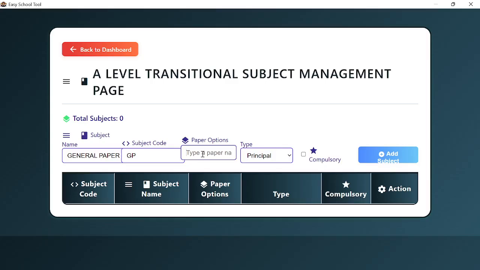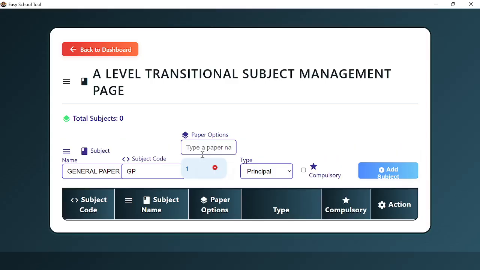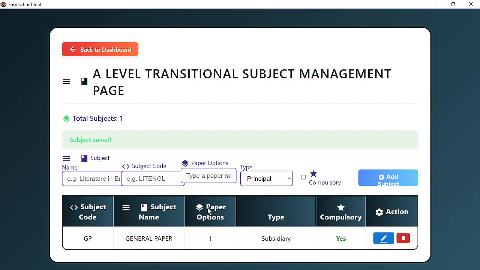Okay, so I can say 1, enter. Then you choose the type of the subject. Is it a subsidiary subject, or is it a principal? So this is subsidiary and it is compulsory. We add. So GP, which is also known as general paper, is having one paper. It is a subsidiary type and it is compulsory. So we can also add